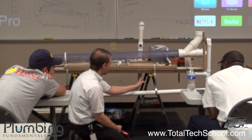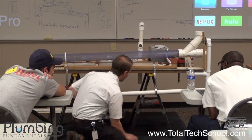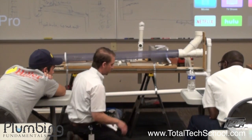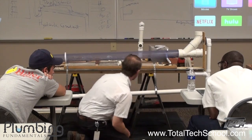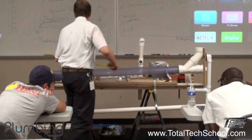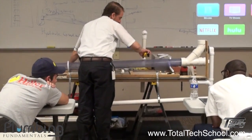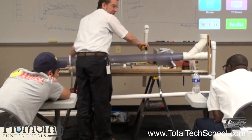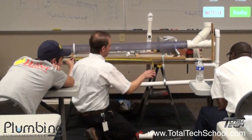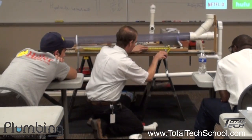If I was trying to figure out this horizontal distance, let's pretend this end is fixed and can't move. I need to figure out where I need to cut this pipe to put this Y in. And that's where I'm going to measure horizontally off of something. So in that situation, I might come up here and measure off of the plane of the edge of this table, and I can see that I'm 34 1/4 over from the edge of the table to the center of this pipe. Well, then I could come down here and come 34 1/4 over, and I could make myself a mark